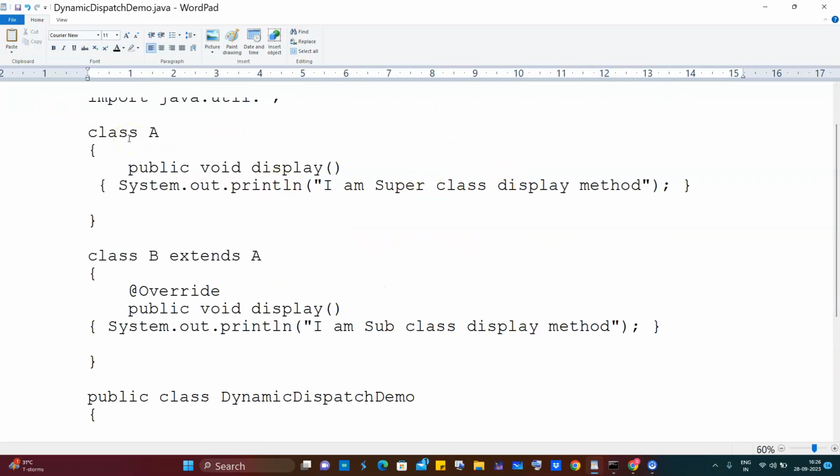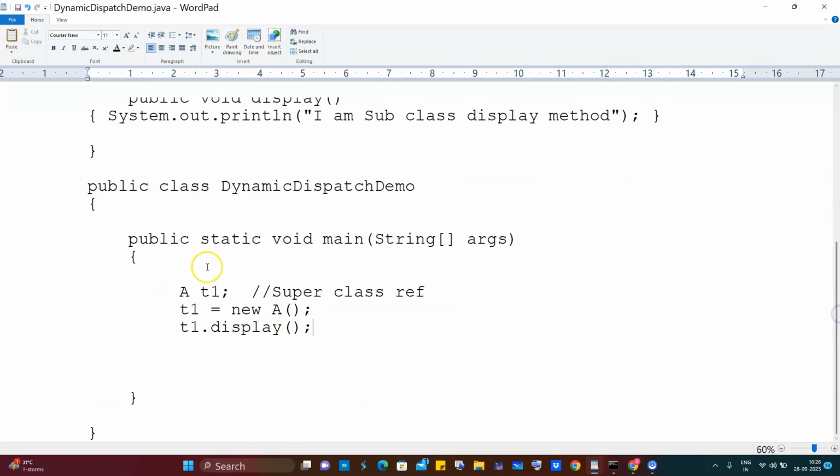We have created the reference of superclass A, and our object is also of superclass A. That's why when we call the method, it will execute according to whose object it is. Here our object and reference are both of class A. So this display method got executed because the object is also a class A object, a superclass object. Now we'll do one thing. Our reference variable name is the same, t1, the reference of class A. Now I will create the object of class B,